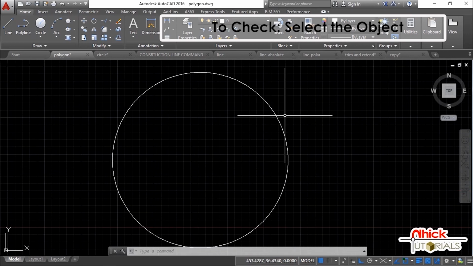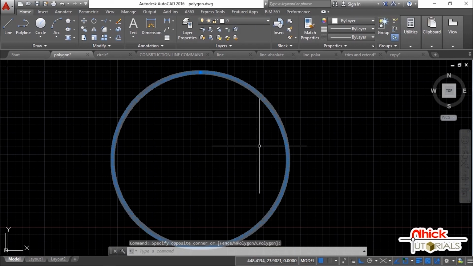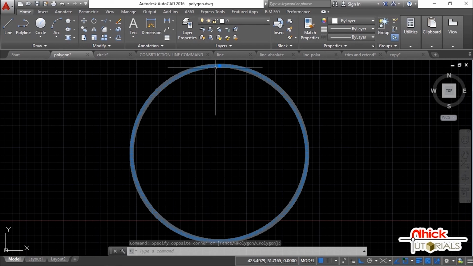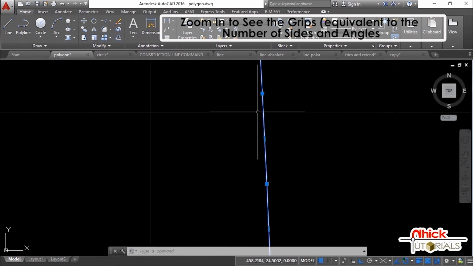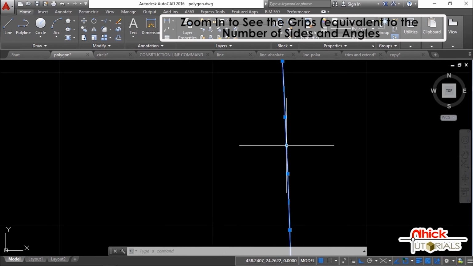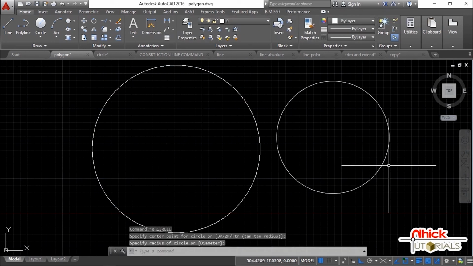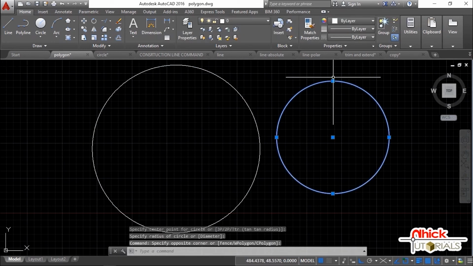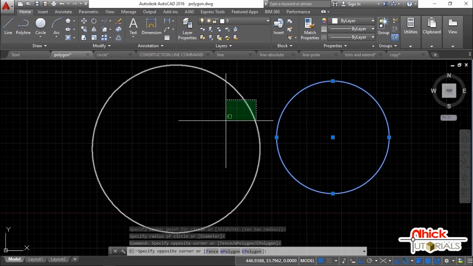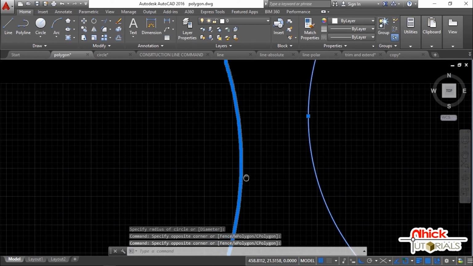To check, I will select the object. Now, if you will notice, we have more than 4 vertices represented by grips, square in shape and filled with color blue. Let's zoom it in. The number of grips is equivalent to the number of sides and angles. Allow me to create a circle and select it. As you can see, it has only 4 grips compared to the object done using the Polygon Command that has 1024